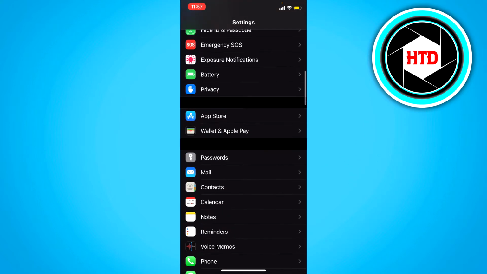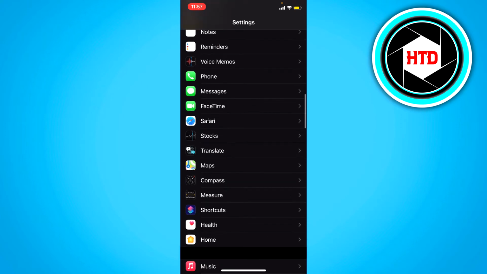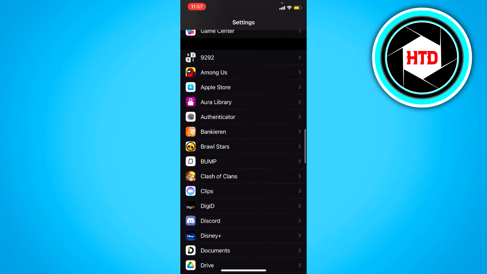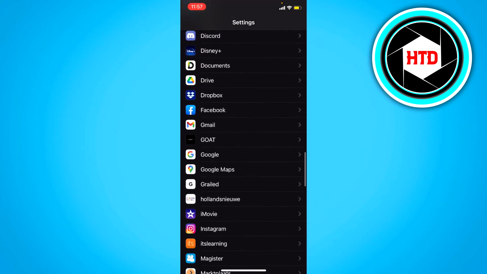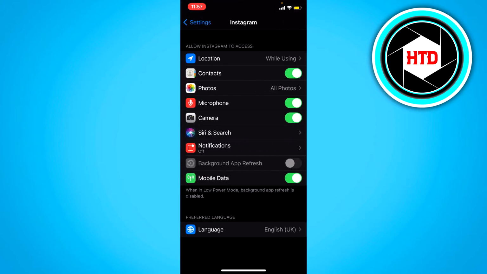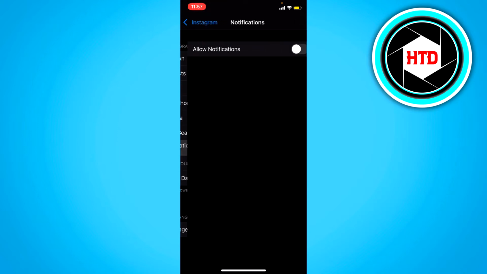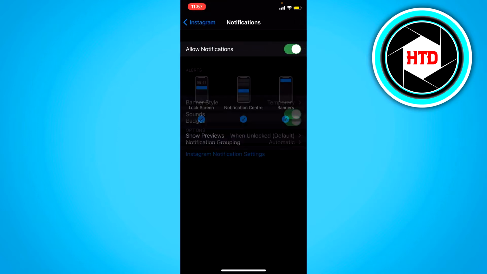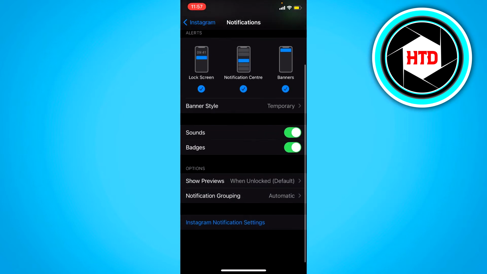But if it's for your Instagram, then there might be two problems, because the first problem might just be that your notifications are just turned off out of nowhere. So currently it says notifications off, so all you have to do is just allow notifications. But the second